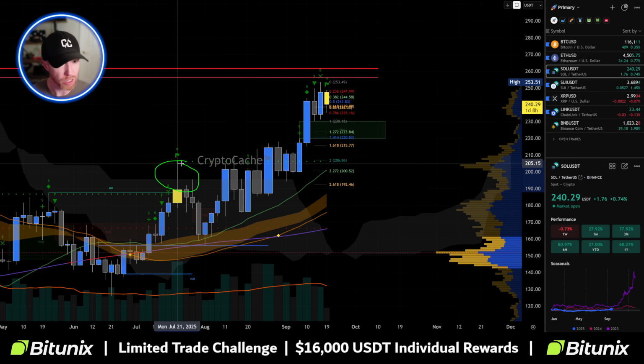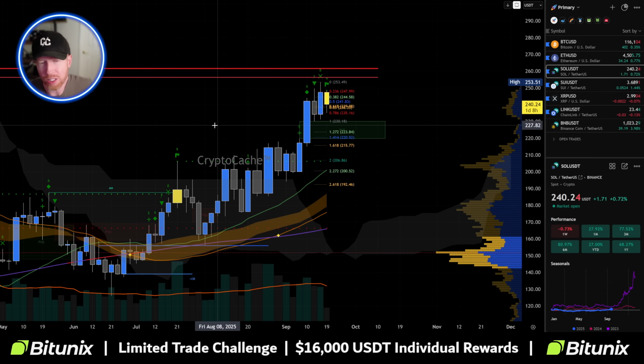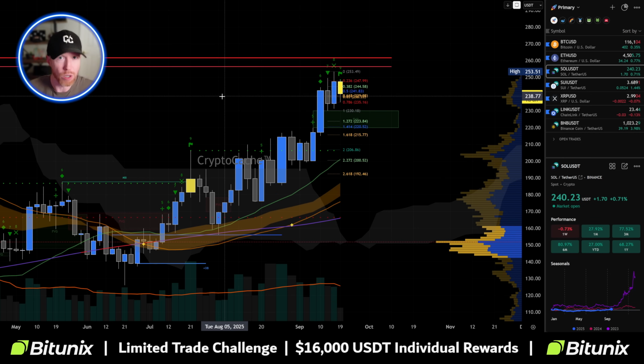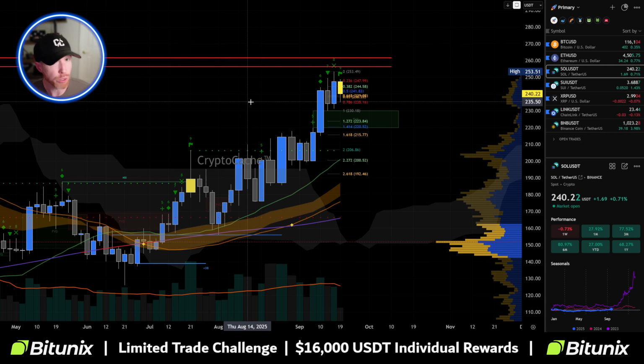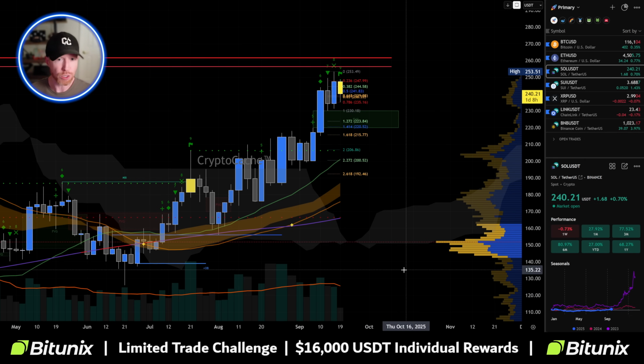Our previous 9 on TD sequential had a significant correction down to 153 from 205. So I'm not proposing we're going to see the exact same thing just because we are, 27 days of continuation in the same direction, but it kind of lets us know that we've had a pretty strong month for Solana. So what's to stop it from having a pretty bad month next month, right? Anyways, just some thoughts there.